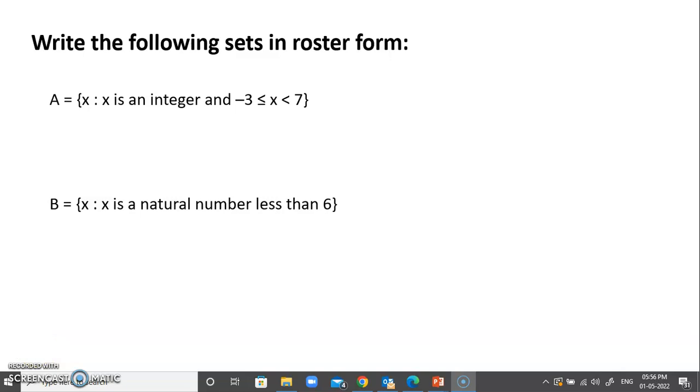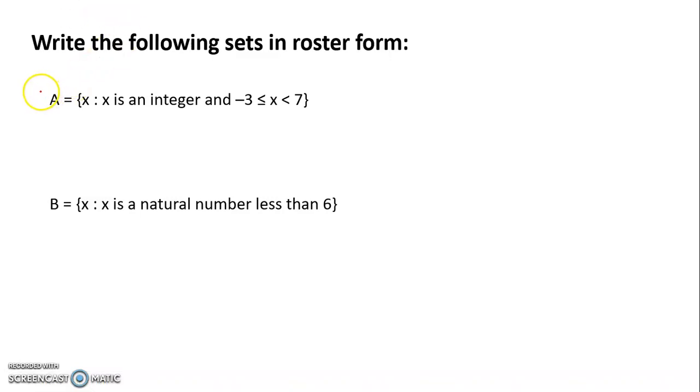Hello everyone, let us discuss a few more examples of set theory to give you a little more clarity on things. Let's suppose this is the first example, which is asking you to write the following sets in roster form. This is also called tabular form. And in writing the tabular form, the first question says x such that x is an integer between -3 and